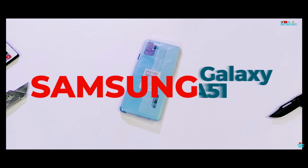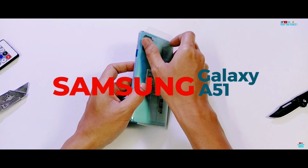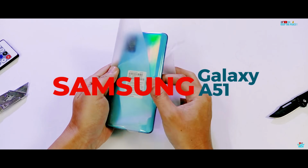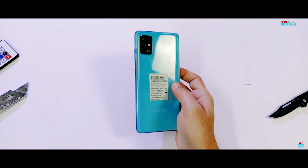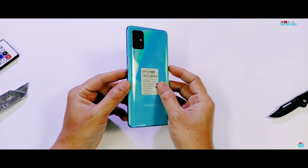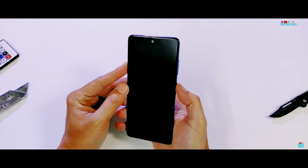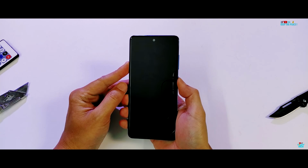As promised, according to the poll results, here is the durability review of the Samsung Galaxy A51, which seemingly looks like the costlier version of the recently launched Galaxy M31 with the same processor but in the budget range. Now for those who have been following the A series on the channel, know that the A series devices have